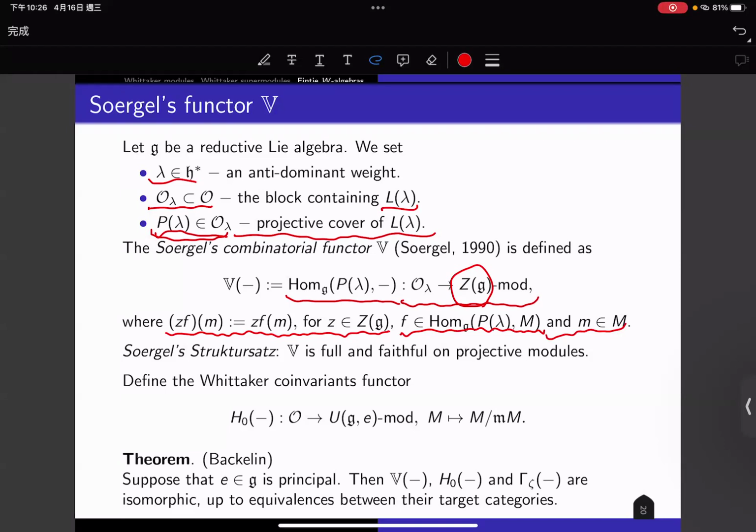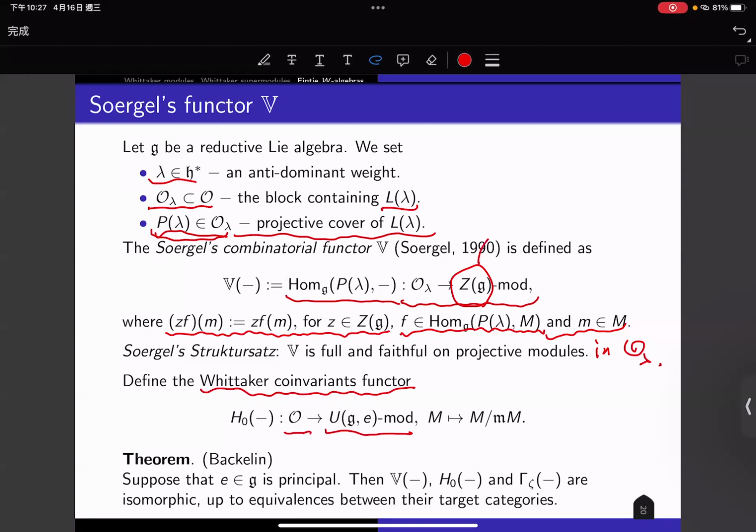And Soergel's structure theorem says that V is actually a fully faithful functor on projective modules in category O. So it's very useful, and we can transform problems in category O to the corresponding problem in the module category of the center. We know that the center is just a polynomial algebra, and there's yet another Whittaker co-invariant functor to relate O and